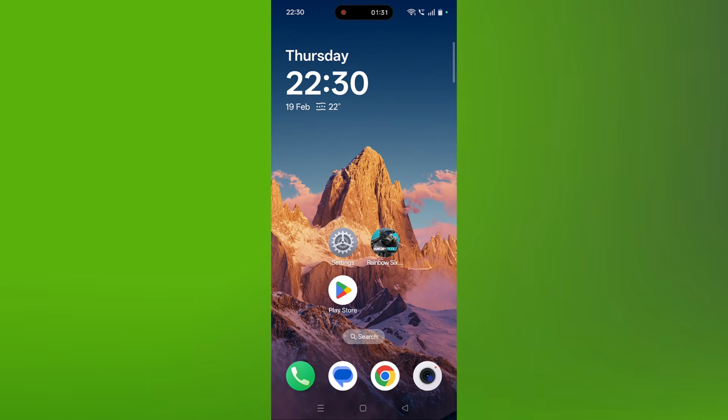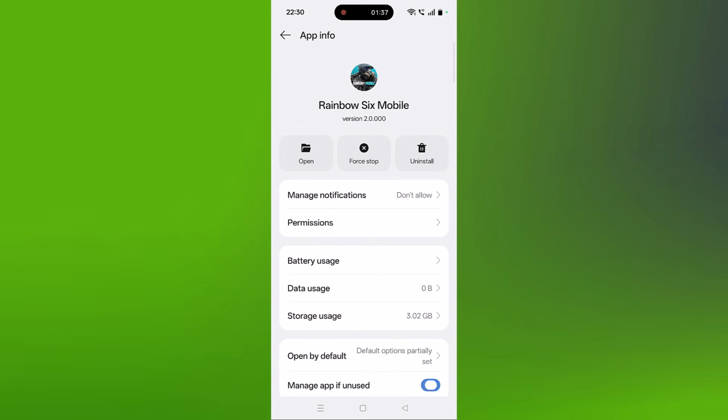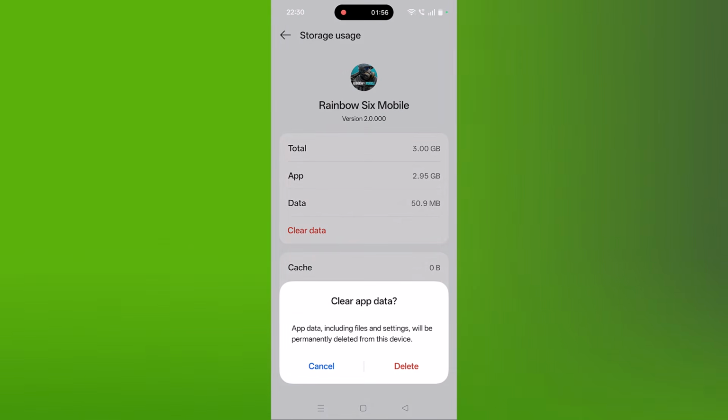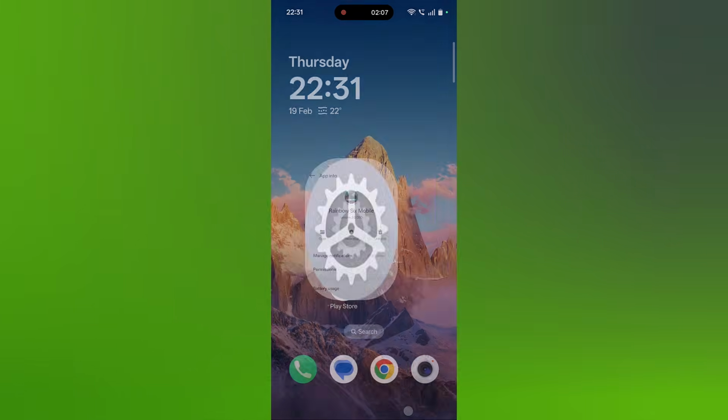Solution 4 is to force stop Rainbow 6 Mobile app. So tap and hold the app icon, then click on app info, then click on storage usage and then click on clear cache and then click on clear data. Here take a note, app data including files and settings will be permanently deleted from this device. So if you agree, only then tap on delete button to confirm,